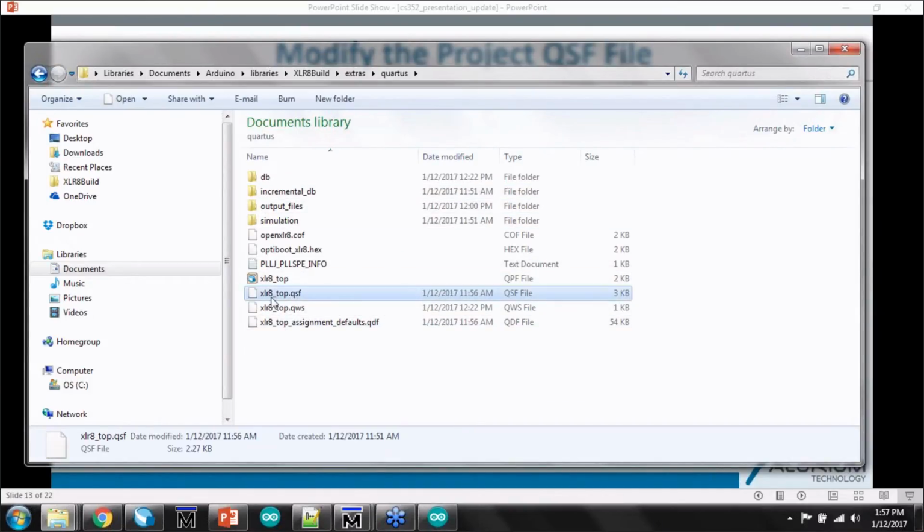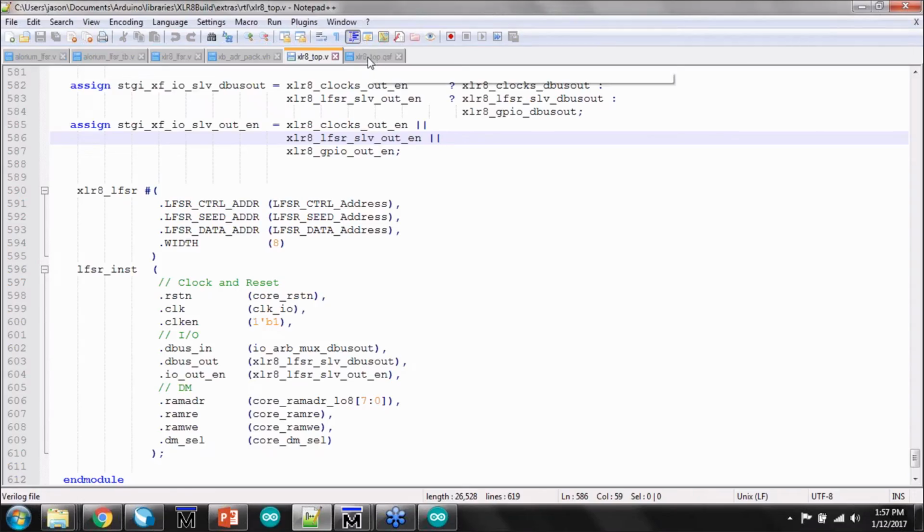So this is where all of the Quartus files live that actually let us compile, and so that it knows the setup of the directories and that sort of thing. So I've opened up Accelerate Top QSF,